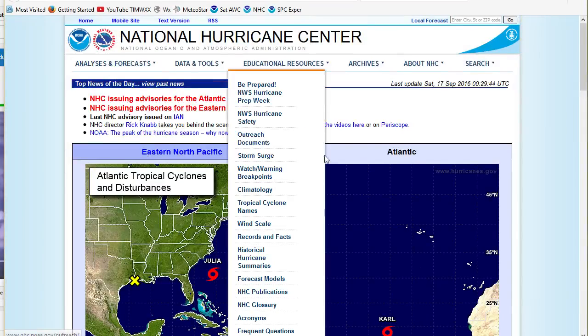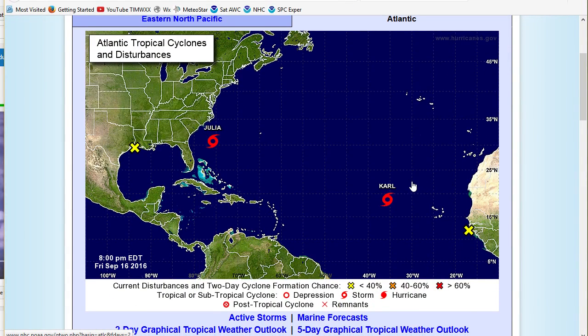All right, just take a quick look at NHC. Things look pretty inactive. We've got a couple of tropical storms here. We have Julia about to come onto the Carolinas coast, and Carl way out near the Cape Verde Islands. Now, one thing you can see here is that our hurricane season is a little bit on the active side,